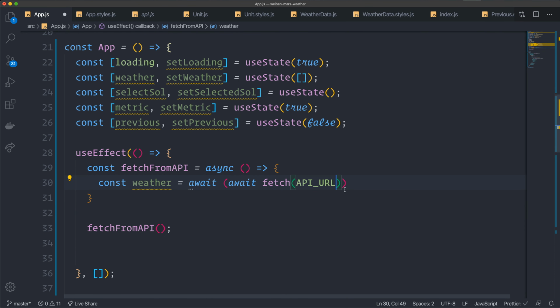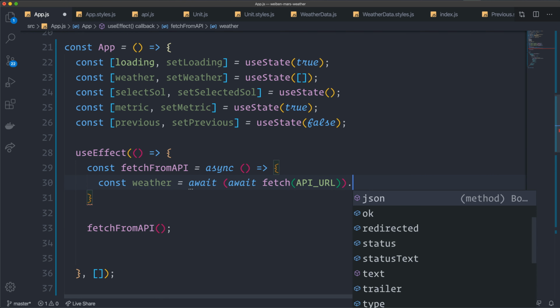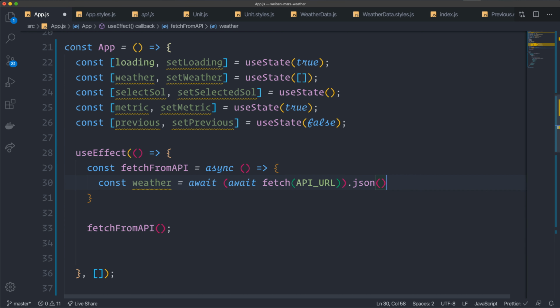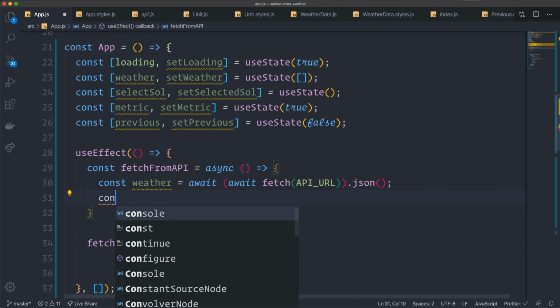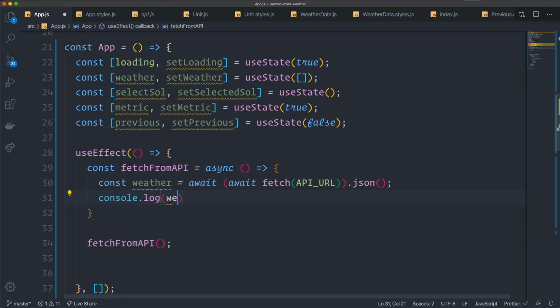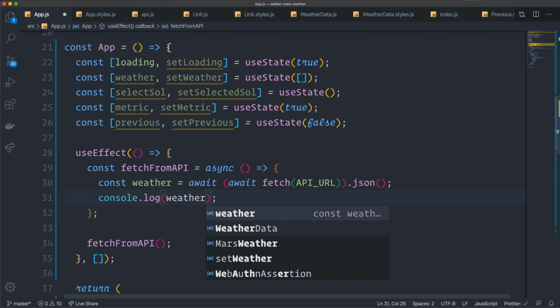So that is going to hit the API and grab the data for us. And then we are going to convert it with JSON like this. So this is the second await. We first await the data, and then we await what's inside of the red parenthesis here. And that's when we convert it to JSON. So that's why we have 2 await. And for now, we can console log out the weather just to see that we get some data. And let's hope that I haven't used up all my limited hits that I can do in an hour or a day. So let's see what